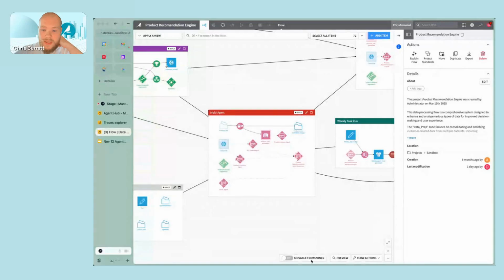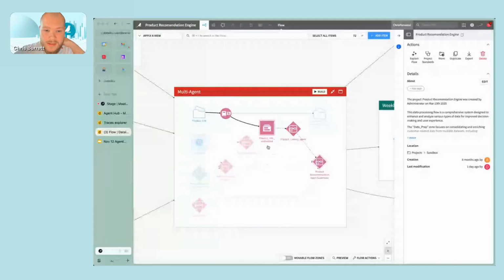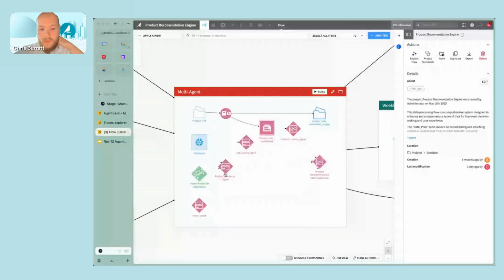And so this is actually a multi-agent system. You can see it's comprised of many different agents that are specialized at performing certain tasks. We've got a SQL lookup agent, a product lookup agent, a product predictor agent, and finally an email agent. All of these have their own prompts and their own LLMs, which we'll dive into in a second. Before we dive into the actual agents themselves, we want to start looking at tools.